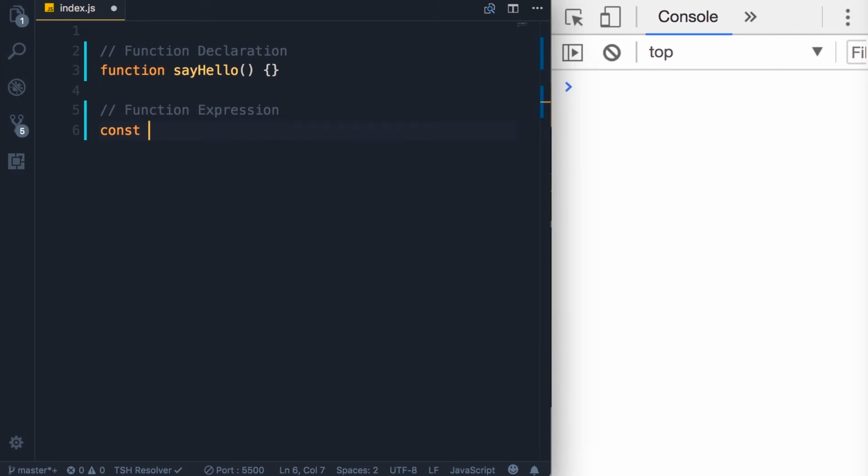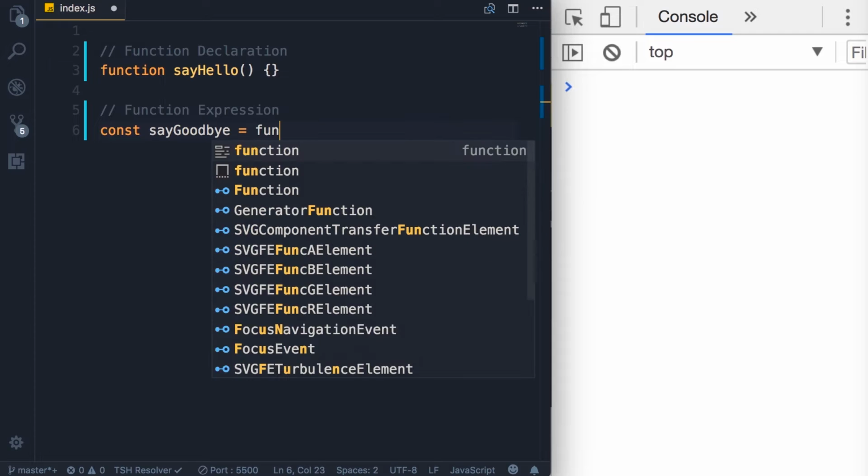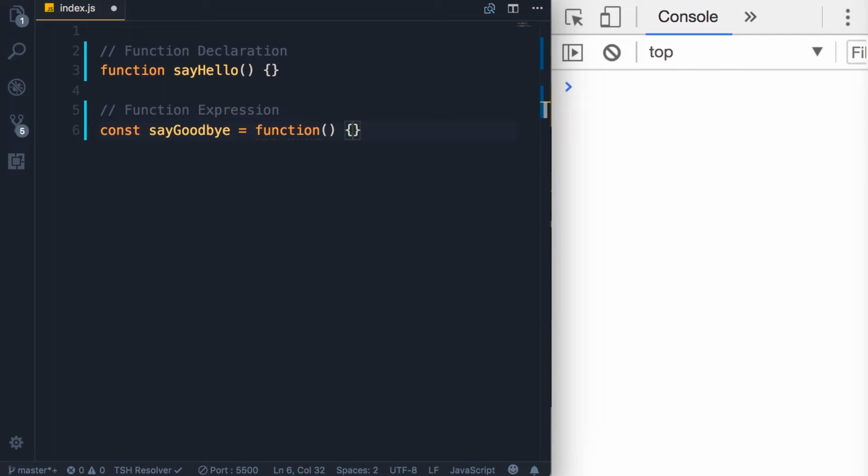So we define a variable or a constant. Let's call it sayGoodbye and set it to a function. So this is what we call a function expression. Now, by convention, with function expressions, we should add the semicolon at the end, but with function declarations, we don't